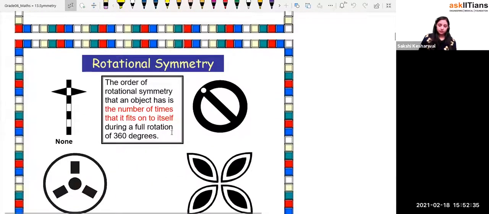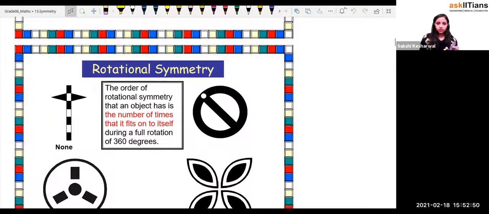What is a rotational symmetry? Beta, see, one thing that you should be aware of. Now, can you see my finger right now? Oh wait, I think it's better if I stop sharing this. Just a second, and I'll pin myself. Yeah. Can you see this? Right now you can see, right?